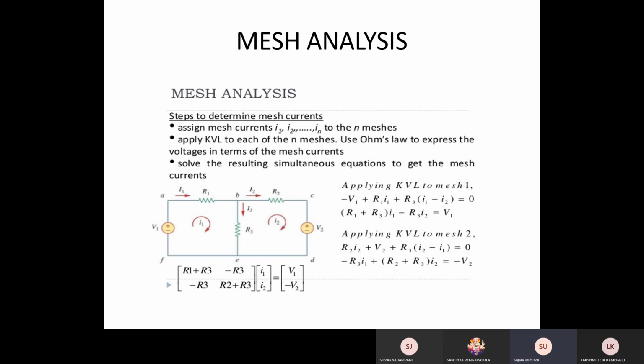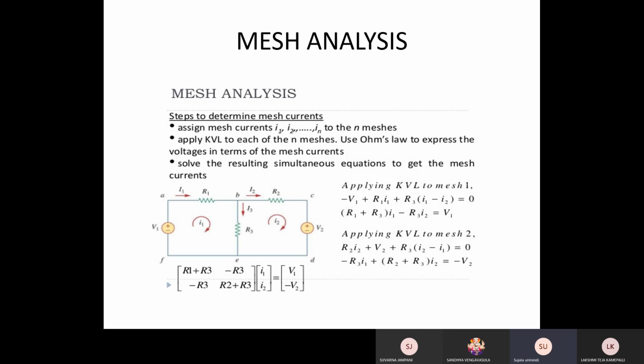So we know that there must be 2 loops. Up to now we have taken only 1 loop, but here there must be 2 loops. Under these 2 loops, we observe a voltage V1 and voltage V2, and the resistances are R1, R2 and R3. Here, R1 belongs to current I1, and R2 belongs to current I2. But R3 will belong to both I1 and I2. For that type, how do you write down the equations here?